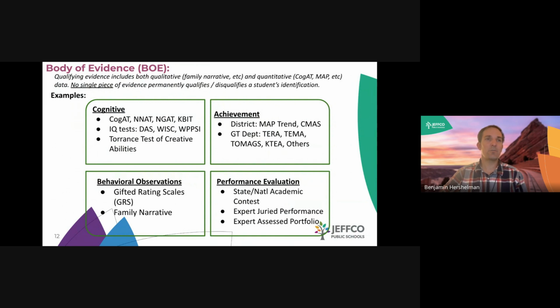Every student in Jeffco schools that is placed on an advanced learning plan has a body of evidence built for them using standards established by the state and implemented by Jeffco Public Schools. To qualify for an advanced learning plan, students need qualifying data from the boxes below. Students with a general intellectual ability strength area will have qualifying cognitive, achievement, and behavior observations. Students with just an academic strength area will have multiple qualifying achievement scores in addition to a qualifying behavioral observation